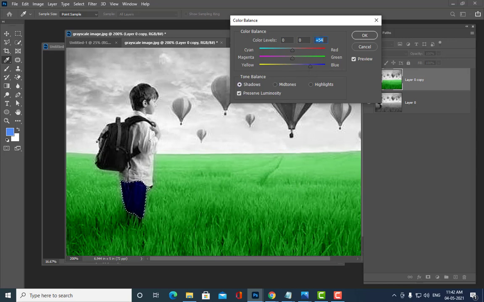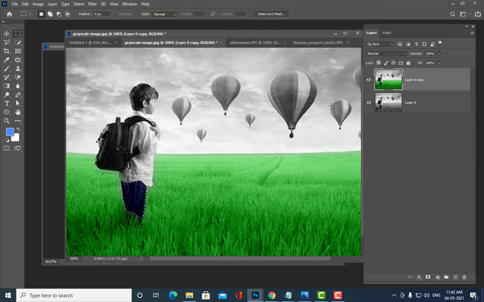See, now it is dark bluish in color. You can also try it in highlights. So now it is completely dark bluish in color. If you want to make it a little bit light blue, just move this slider for all the balance values to the left. So is it clear, all of you? Yes, sir.